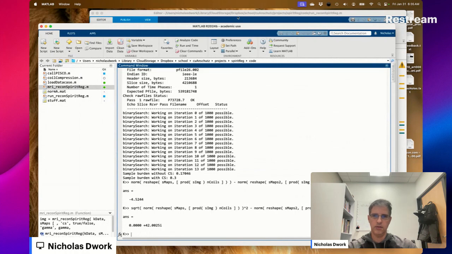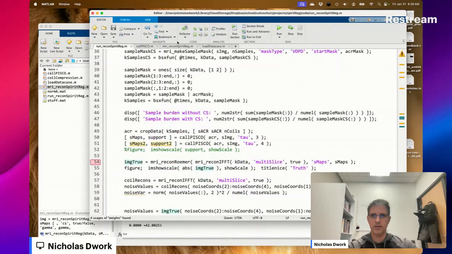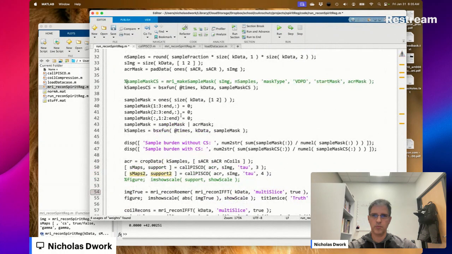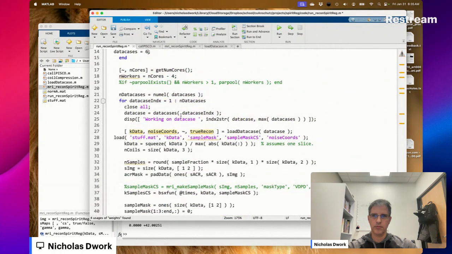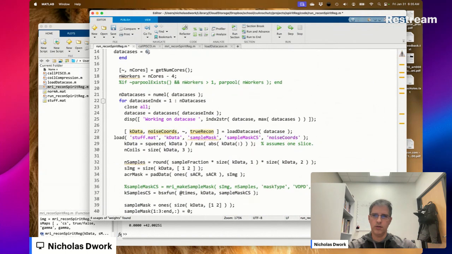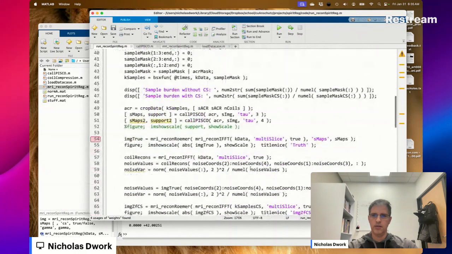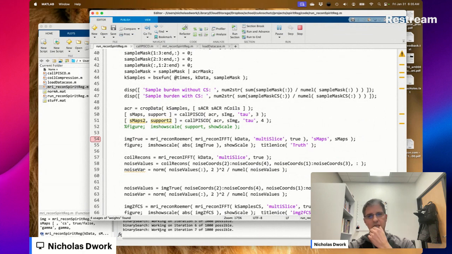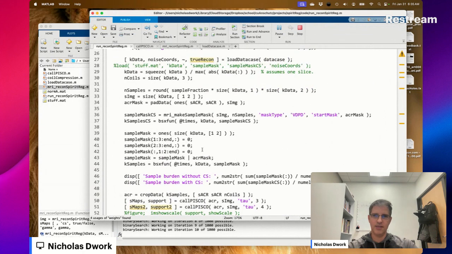42. Getting worse. Oops. I think, I don't know what I was doing.